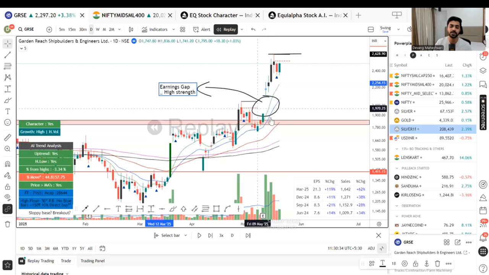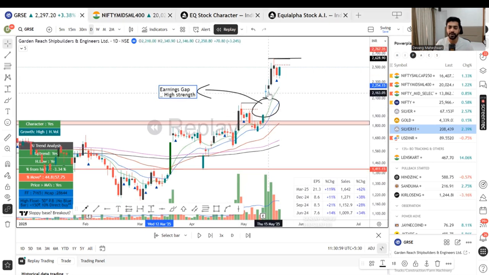Okay, and these gaps, people call it by different names. Somebody calls it episodic pivot, or you would have seen it some other name. A lot of fancy names have come in market in last 7-8 months. Okay, the thing remains same, but they show it in a more fancy way. Like some liquidity this, liquidity that, and etc. But this is high in strength. So after that, one can trade. When you see such gap ups, you can simply the same way in which we do.